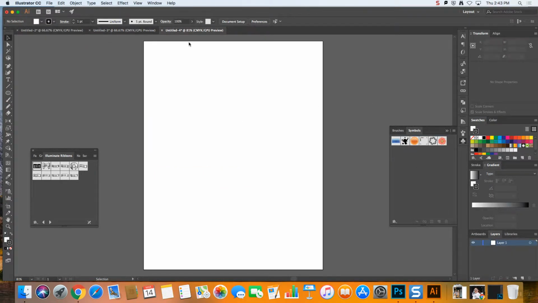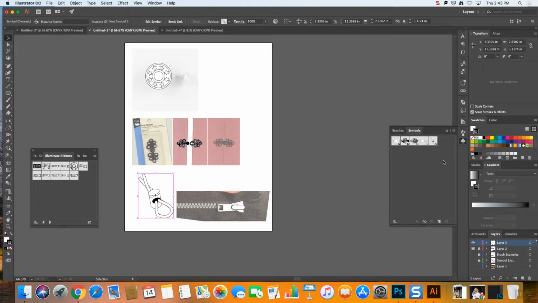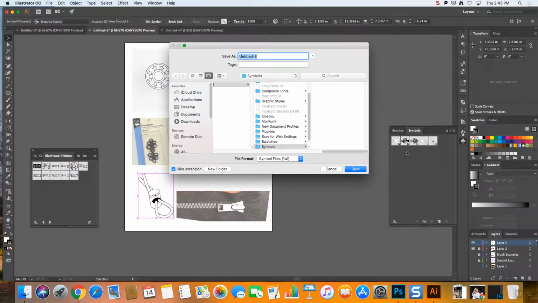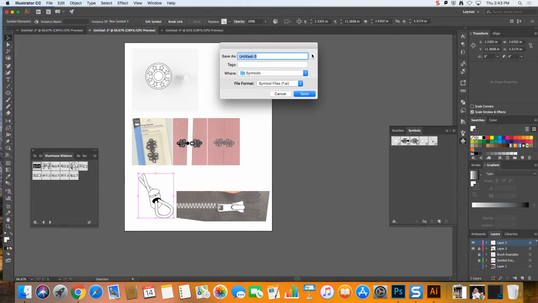new file. So to save our fashion library, we come down to this symbols library menu, which looks like a stack of books, and we can choose save symbols. And this is going to be pretty much the same for brushes and for swatches, both of which we're going to go over today. So I'm just going to save this. It'll probably look like this on your screen, I realized. And it's automatically going to try to save it into the symbols library. And this is in the Illustrator folder